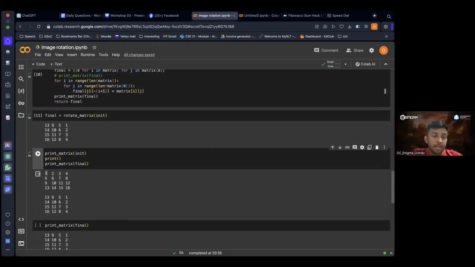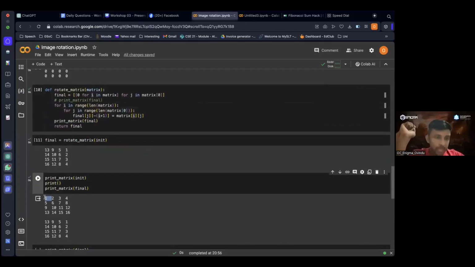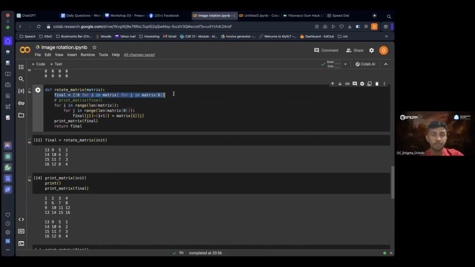What would be the indices, like the I and J values, for one here in my initial matrix? So I was passing in that matrix here. So when I iterate, what would be the I and J values? 0, 0. Well done, Janudha. So 0, 0 would be the I and J values. And what do you think are the coordinates in my final matrix over here for this one value? Yes, 0, which means it is in the first row, and -1, which means it is the last value in